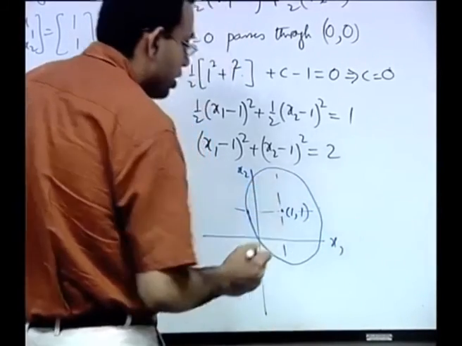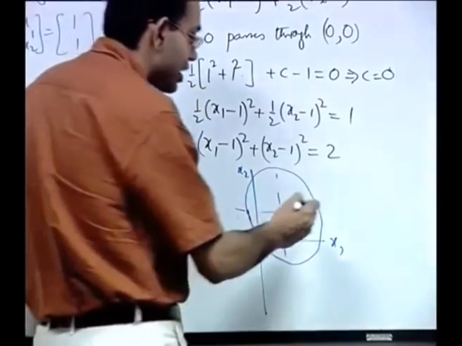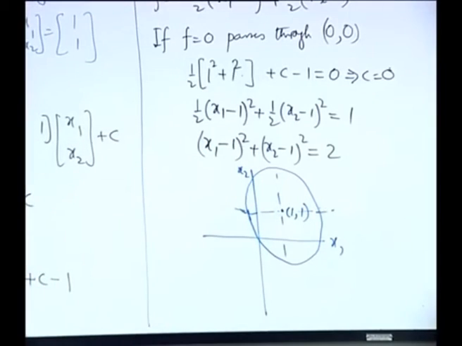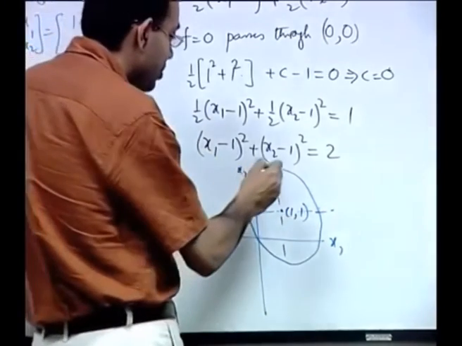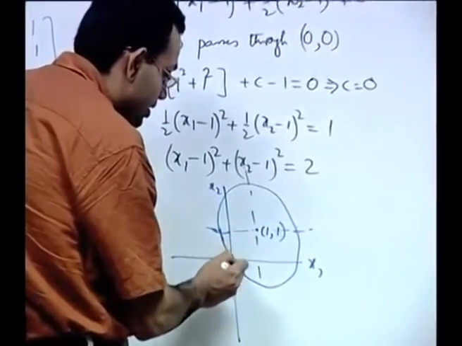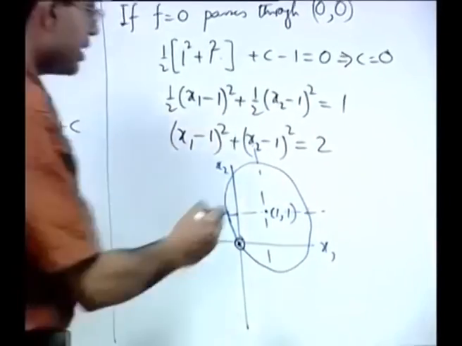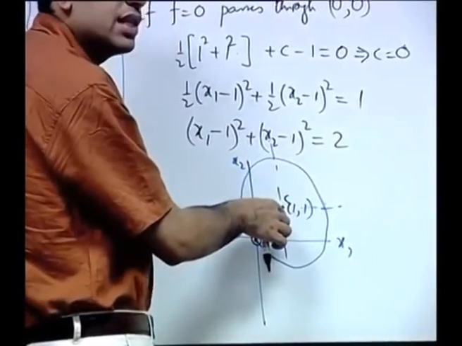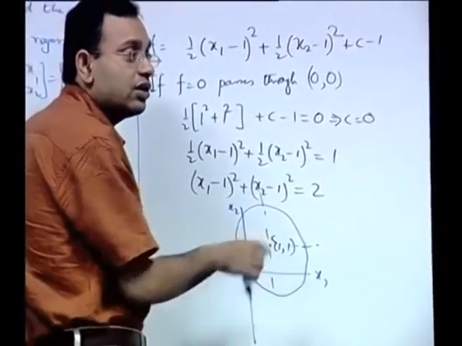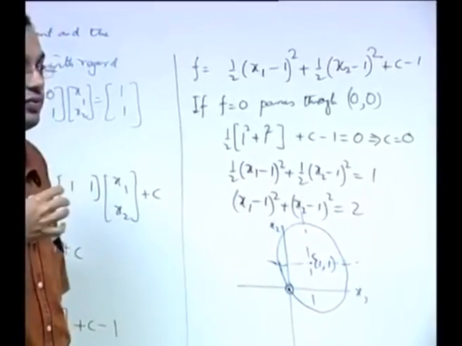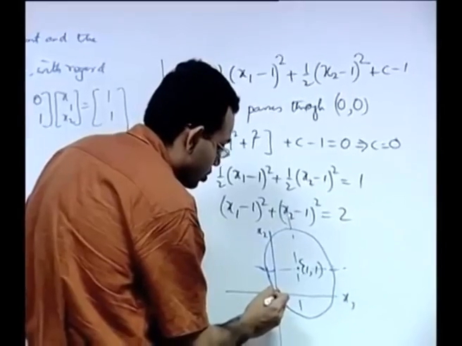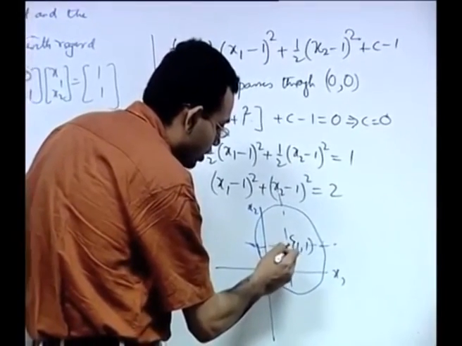It is very difficult to draw a circle. Every time you try to draw a circle it becomes an ellipse. Maybe if you try to draw an ellipse it becomes a circle. But let us try to understand the basic essence out of it. So you have the starting point 0 comma 0. This is the bullseye that you have to hit, this is the solution. So in the steepest descent method you are moving along the direction of the gradient of f, which is normal to the curve. So you move along this direction, so you will definitely hit the center.